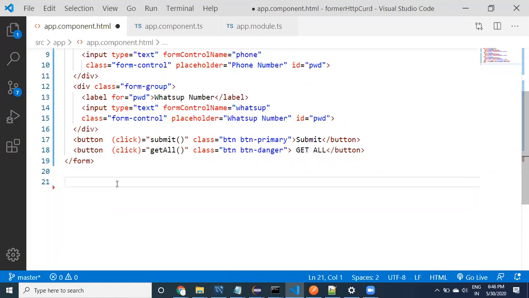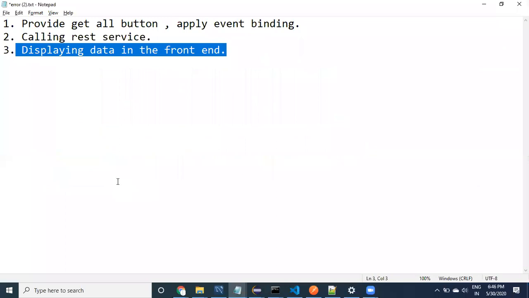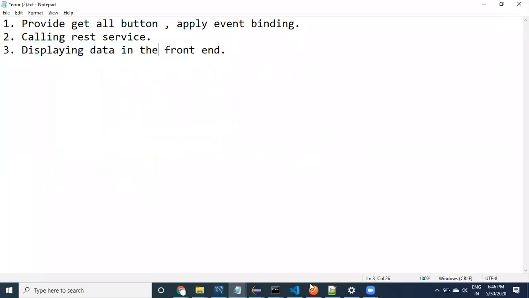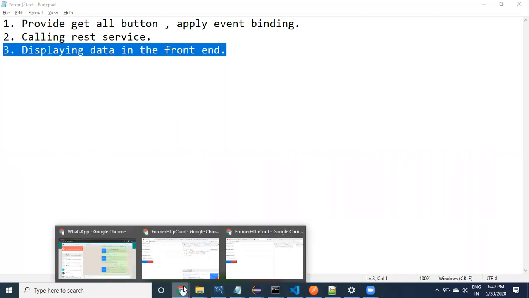As a first step, once I'm able to display the data in the front end, the next step is I would like to display the data in the format of a table. Even that is going to be in the format of a Bootstrap table. I can use a Bootstrap table and we can do it. That's fine. Okay, so I want to display the data, right? Step by step I'm going to do it. Even this is also going to be divided into two steps.